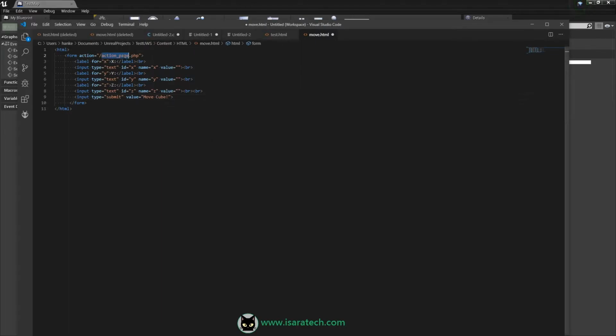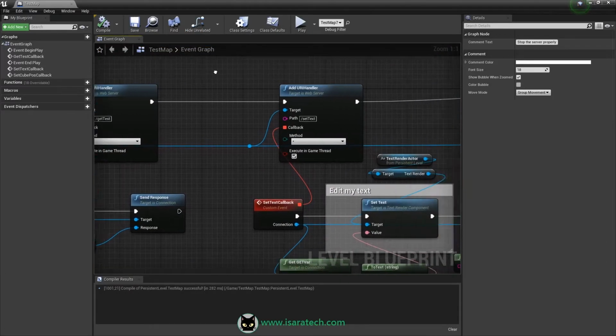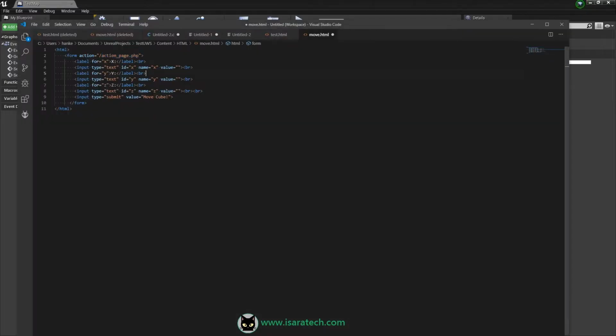The endpoint is not action_page.php in this example, but my endpoint is setCubePose.